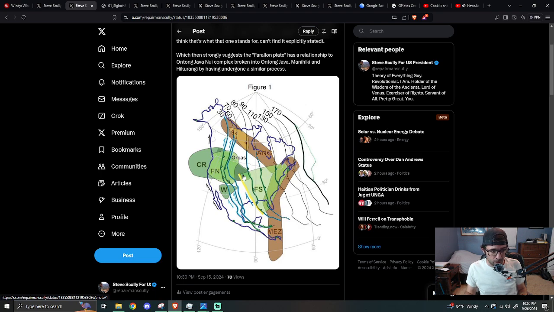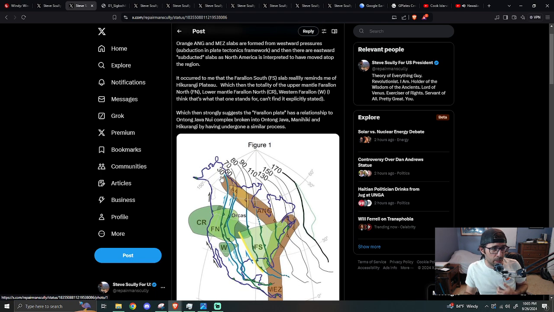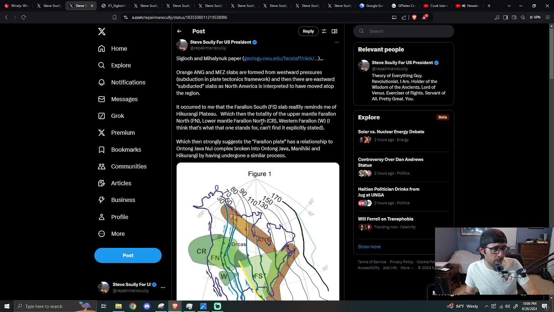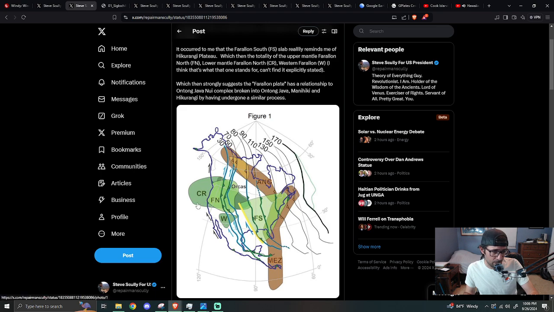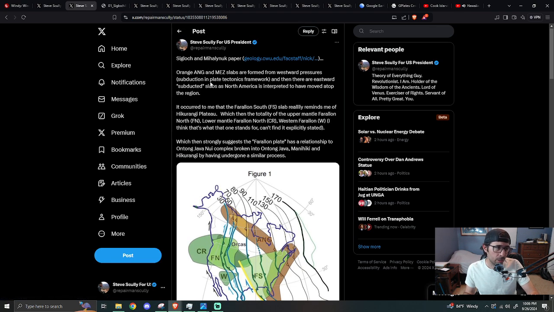In the Farallon plates, I don't know, CR is maybe Columbia River basalt related for some reason. No. These are all Farallon plates, that's right. I kept thinking they were like Wrangellia related or something. Like, no. These are all Farallon plates, and then these are westward subducting plates. Okay, so,